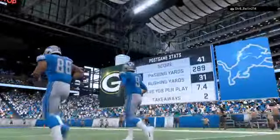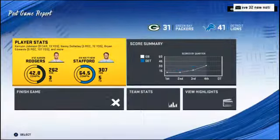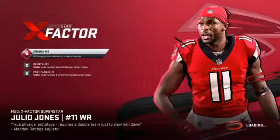And as an offensive coordinator, you just don't think you can do anything wrong. Whatever you call, run, pass, it's all going to work. That's called being in the zone. So for Detroit,